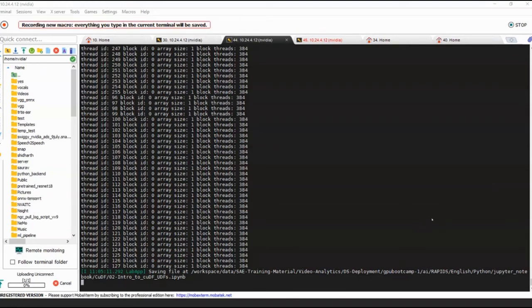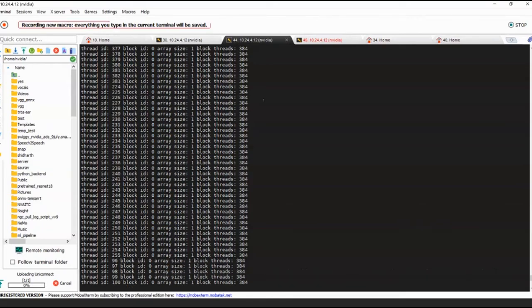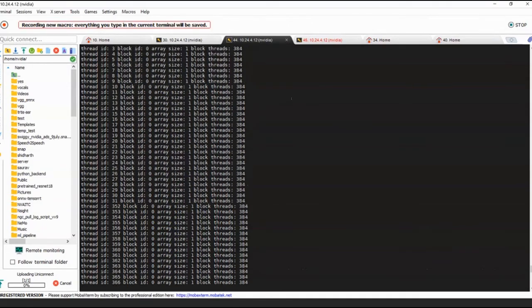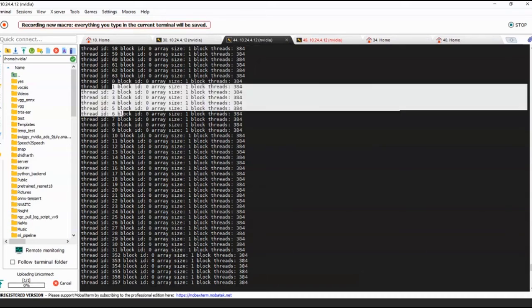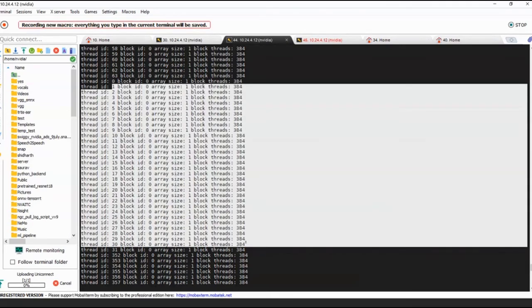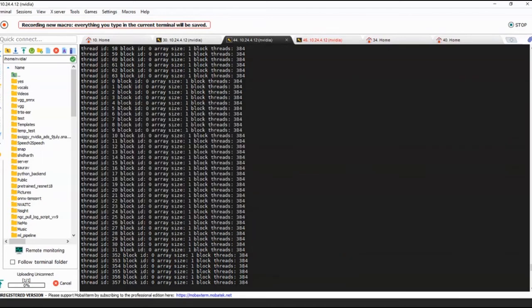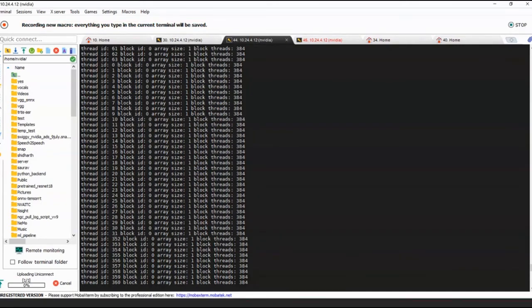Okay, so let's try to demystify this and try to understand what has actually happened. One more quick thing that I want you to look at is that in terms of the execution, the way these thread IDs are getting printed, they are not very much aligned. That means, say for my block ID 0, if my thread ID has started from 0, 1 to 31 here, shouldn't my next thread ID basically be 32 here?